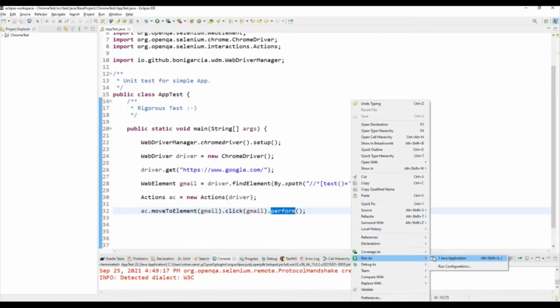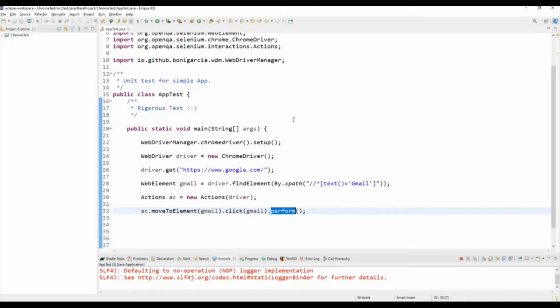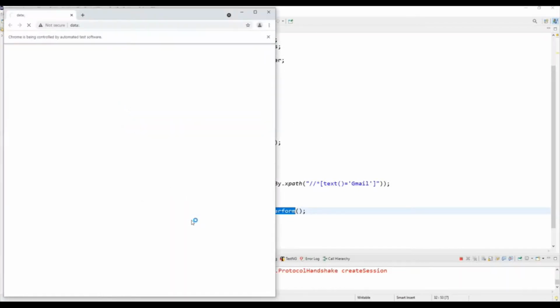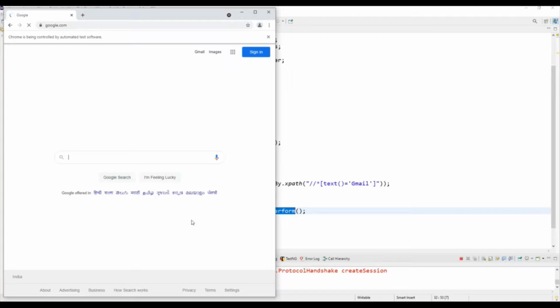So this also we can do. If your element is not visible within the page, you can simply move to that element first using the move to element method of actions class, and then click on that element and then the perform method, obviously, of actions class. So this is how you can do that. Again it clicked on Gmail, if you can see here.